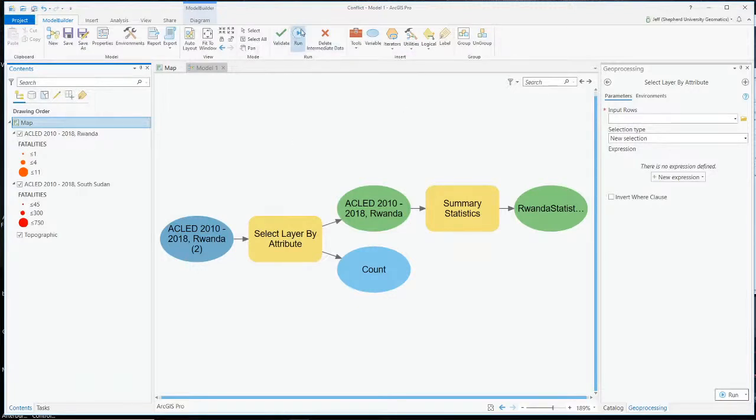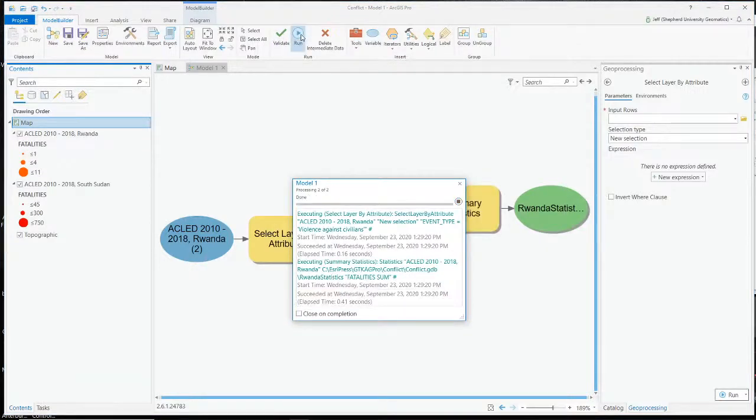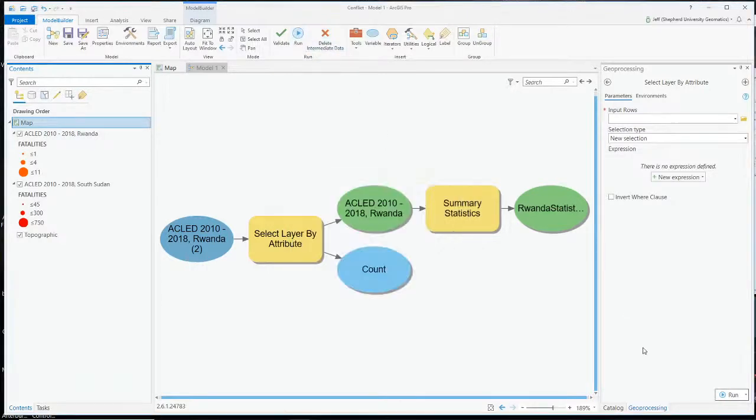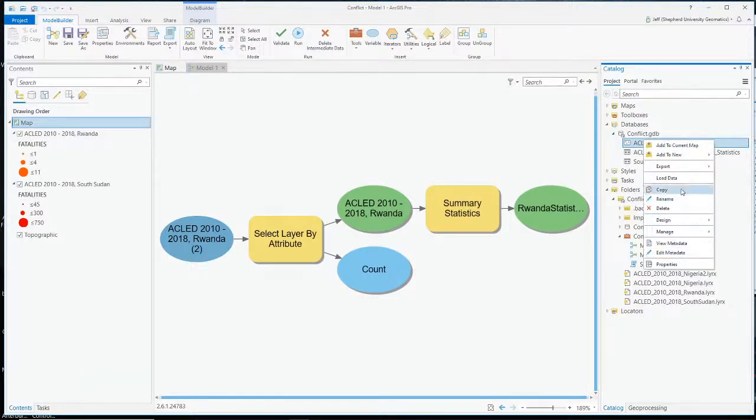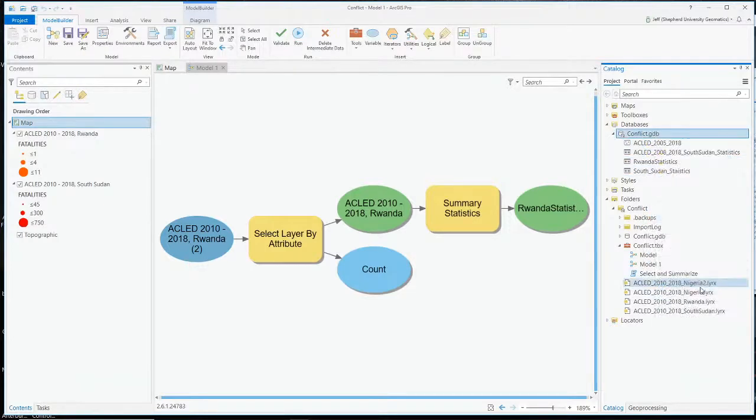Now I can hit run up here. Let me save this. I click the save button to save my model. Validated it. Now I'm going to run, and it's done. Okay. So to go back to the catalog, in my conflicts folder, refresh? There it is. In my conflicts geodatabase, I have this new table, Rwanda statistics. So it got produced. Let's open it